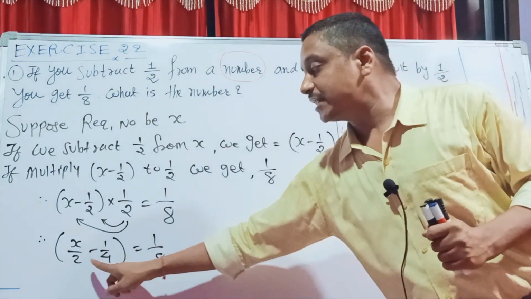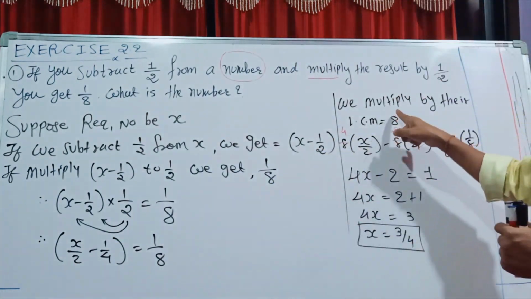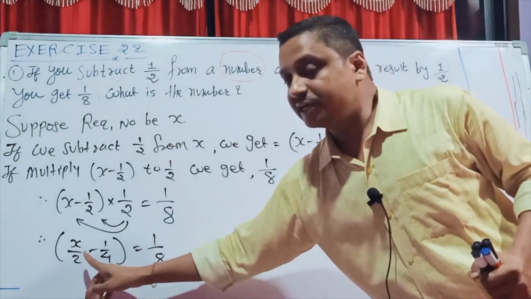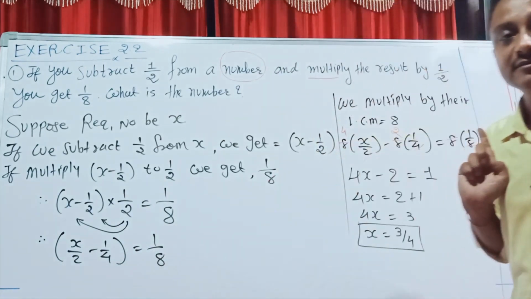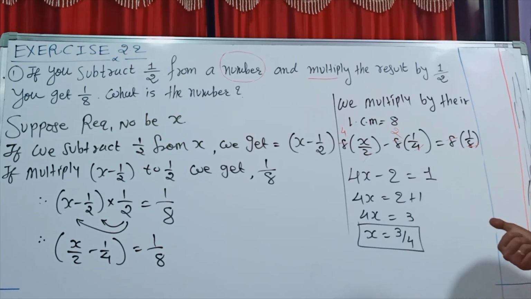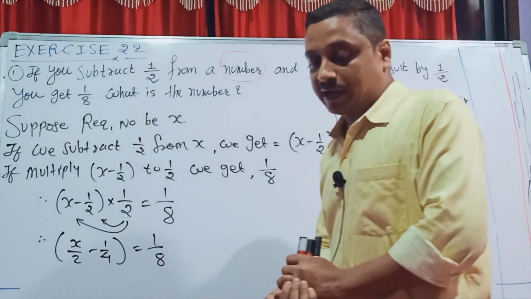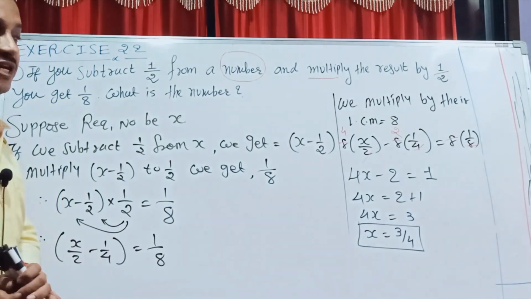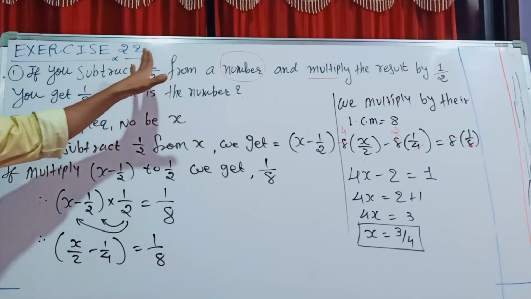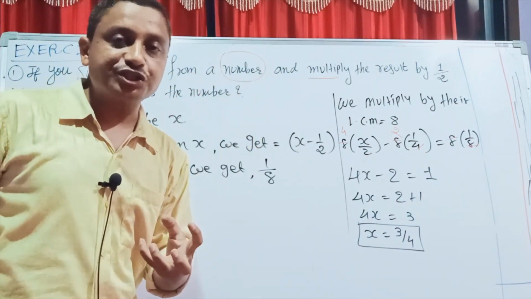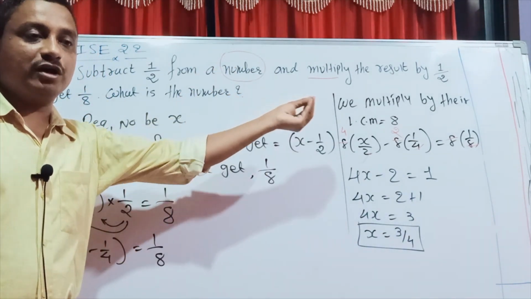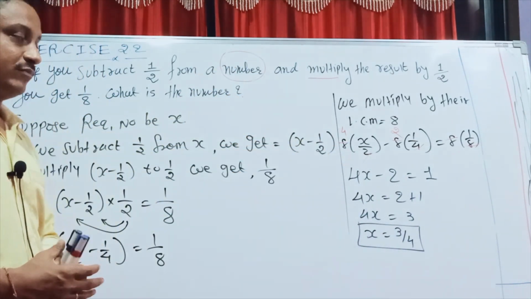Now check out what is their LCM. 2, 4 and 8, the LCM is 8. So I multiply by 8, 8 and 8: first term, second term and third term. So my answer is 4x minus 2 is equal to 1. After that it is very simple, and x is equal to 3 by 4 is my final answer students. Yes, right, proper. It's a very easy sum. And word problems are also very simple students, but you should read the question at least 2 to 3 times. Then you will easily understand how to create the equations.